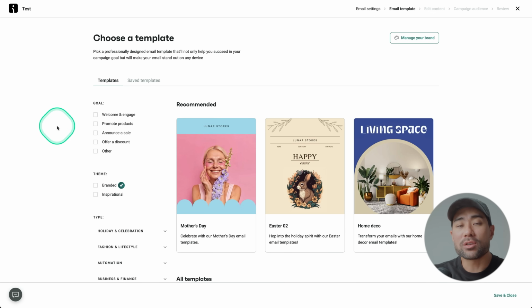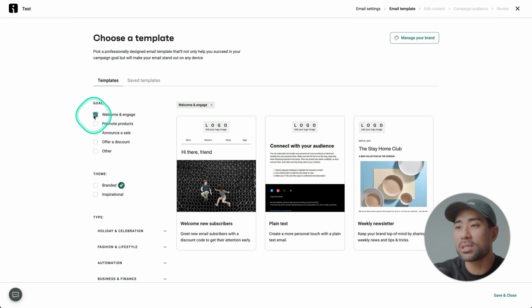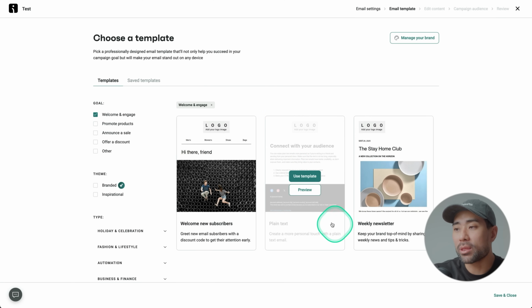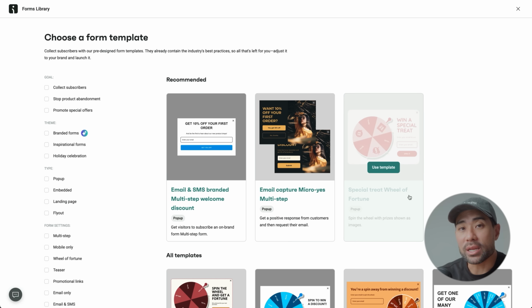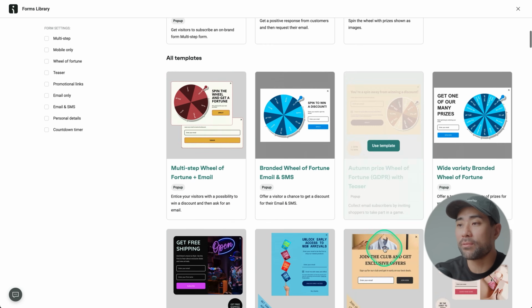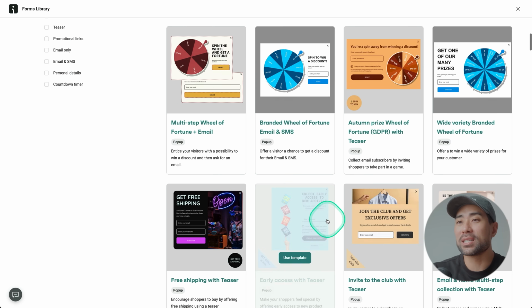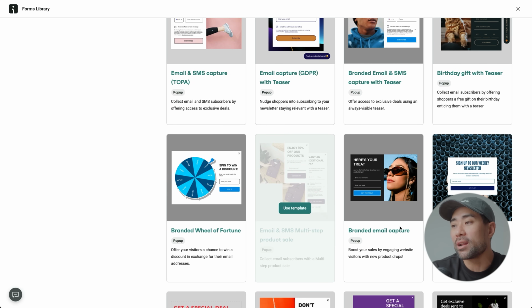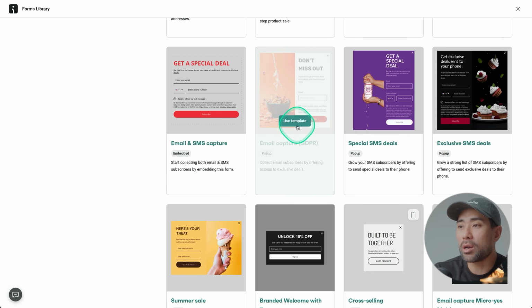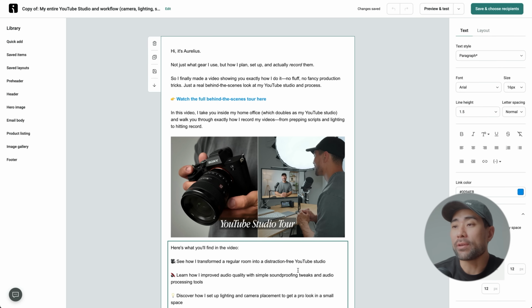It also has a range of email templates to start with, or you can very well start from scratch. But if you're looking for something like a welcome message, you can filter it by that and then start with that. I've got this really simple web form to collect email subscribers on my website, and Omnisend's got a variety of forms for you to choose from, these spinning wheel quizzes, depending on what you like, of course, down to just the very basics like the one that I've built. But if you like what you see, you can go ahead and click on use template and start with that. The email editor is pretty straightforward to use.